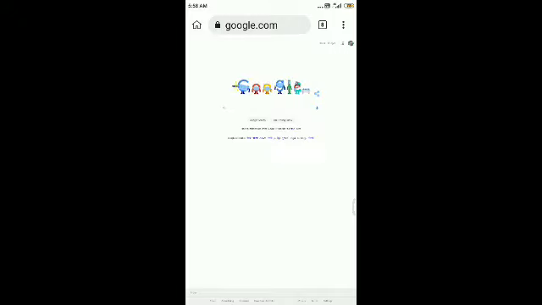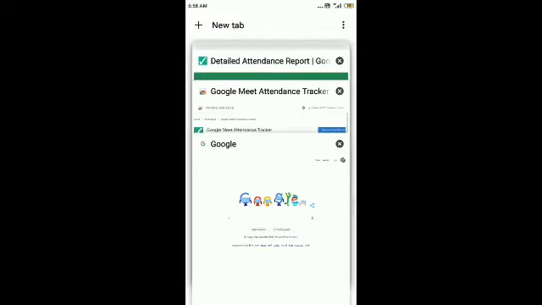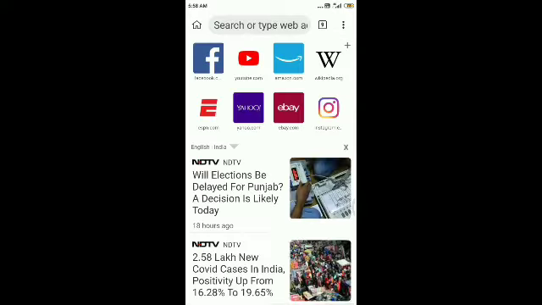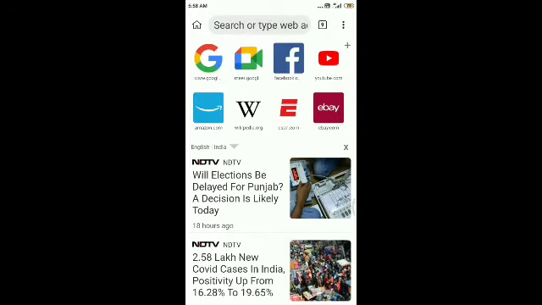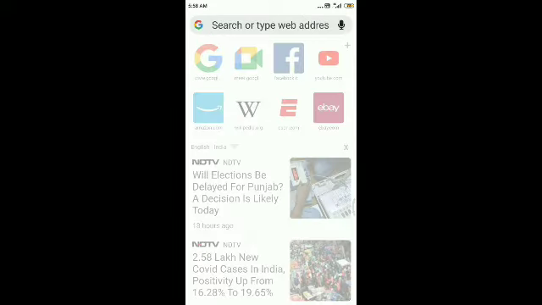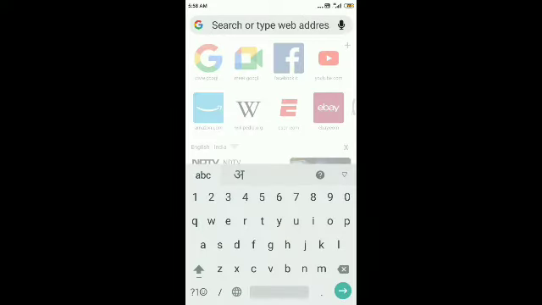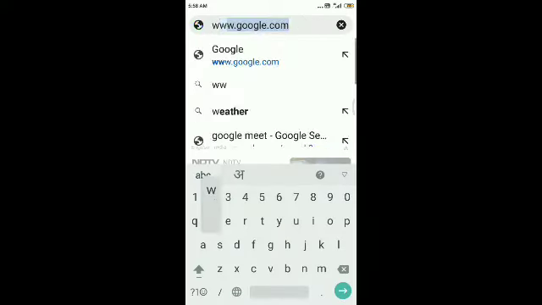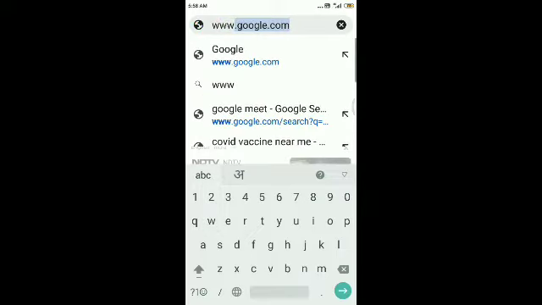Now the screen will act like a computer screen. Now in the search bar type www.google.com.